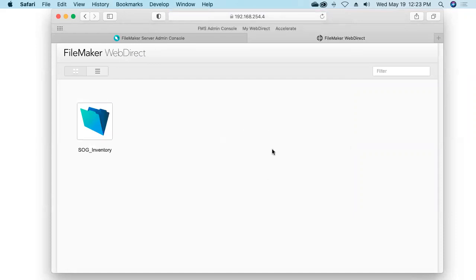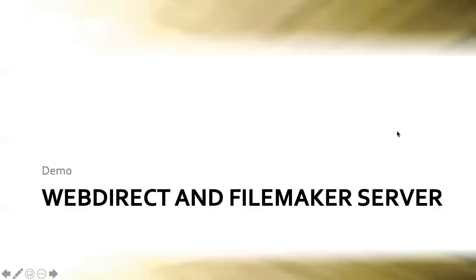That takes you to a dynamically built FileMaker WebDirect homepage that lists for you any databases that you've got hosted on that instance of FileMaker Server that are enabled for WebDirect access. Okay. Notice that the animal care database that we have been working with and will continue to work with in these webinars is not there at present, but it will be shortly. All right. Back into